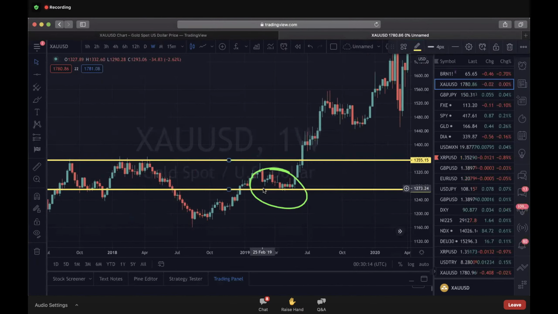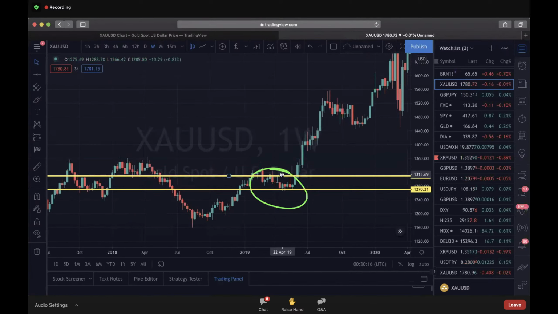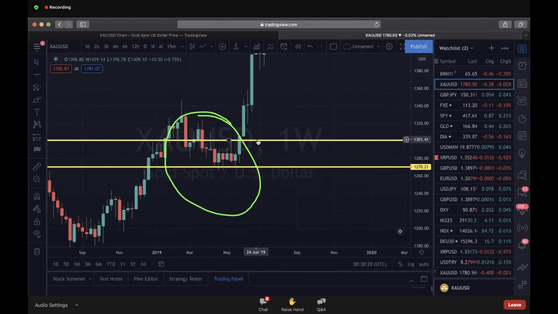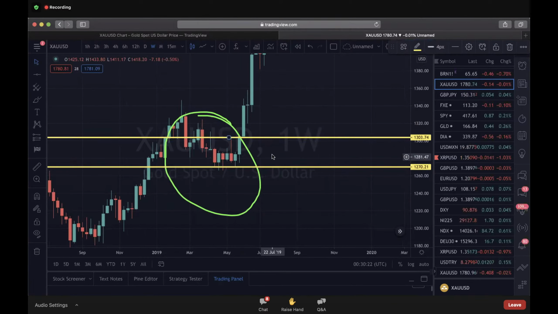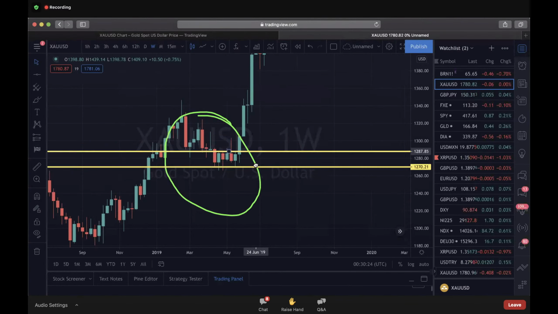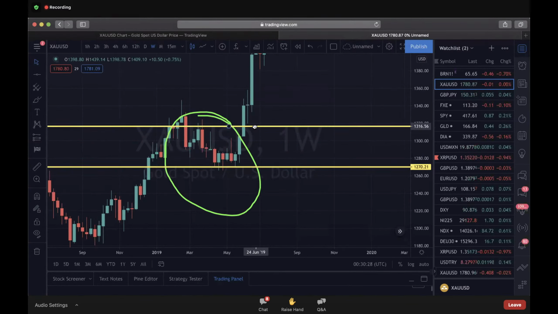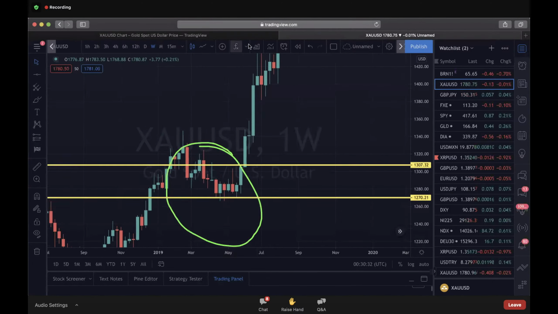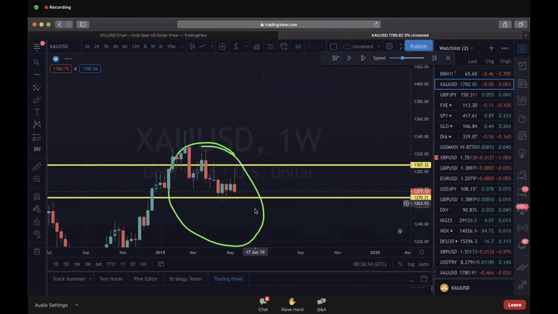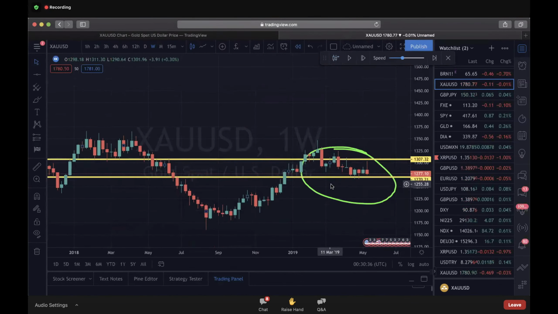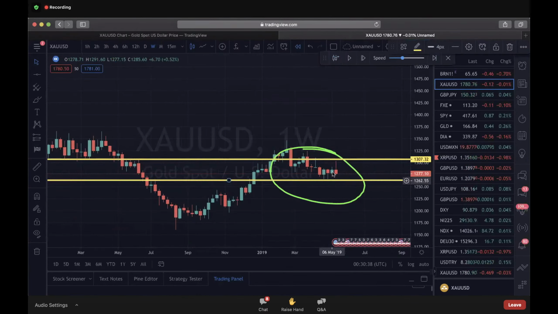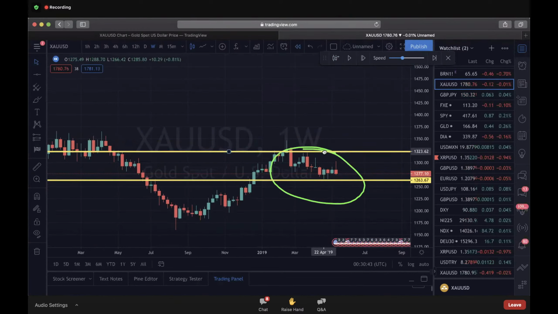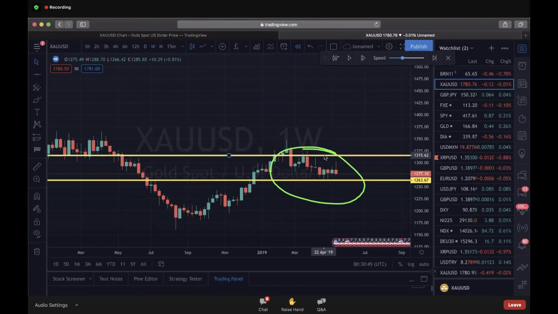Let me see if we can find something else. This is another weekly. Oh, this is beautiful. Weekly setup right here. This is another weekly setup. Now, notice this isn't really body wick volume, but it is a form of consolidation. And so here I would say to be very careful, because when you're in a consolidation, you don't want to get caught up in these wicks right here. Okay, 1346. You don't want to get caught up in that.